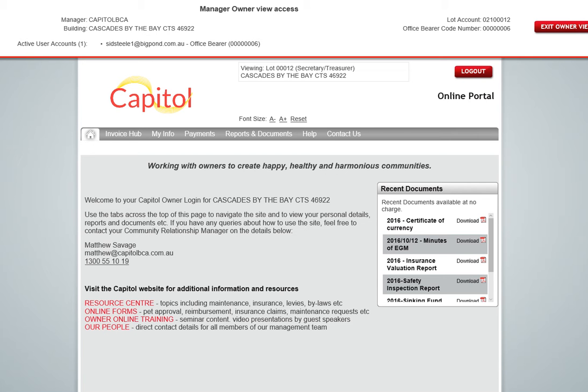The Invoice Approval Hub is a function within the owner login system. If you have not logged into the system before, Capitol will set you up with an email address and a password, and you can use those details to log in. For buildings that are using the Invoice Hub, only the invoice approver or approvers will have access to the Invoice